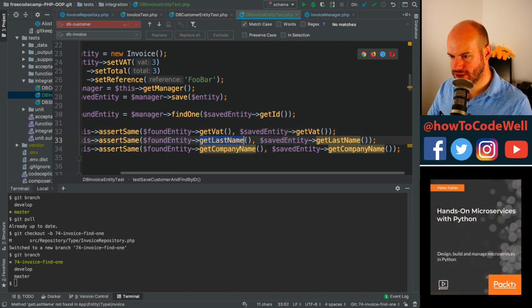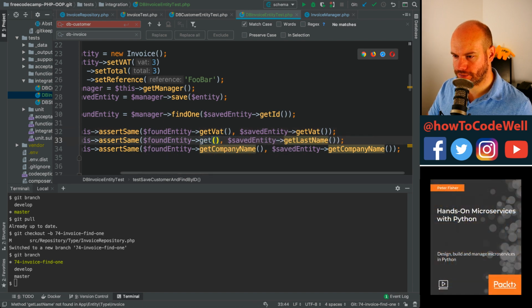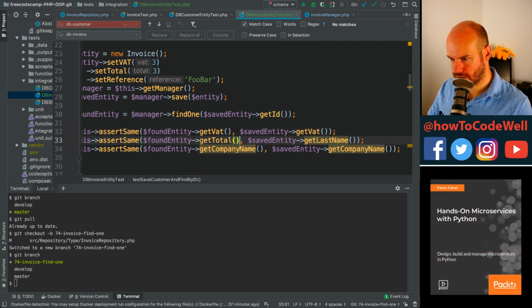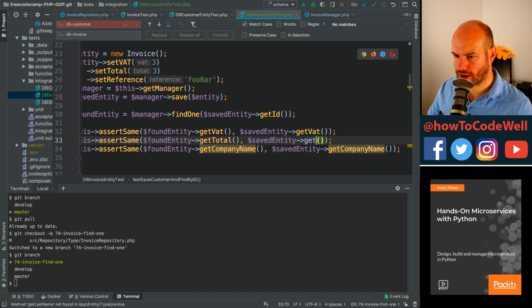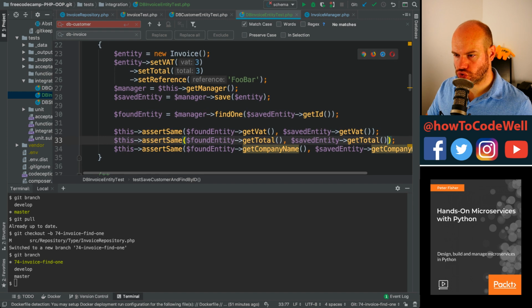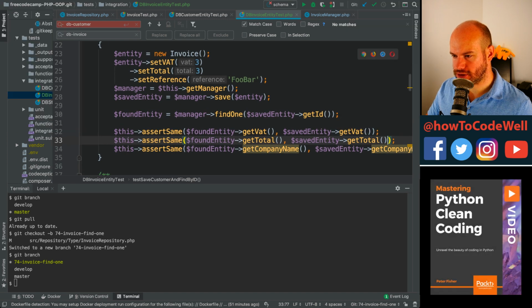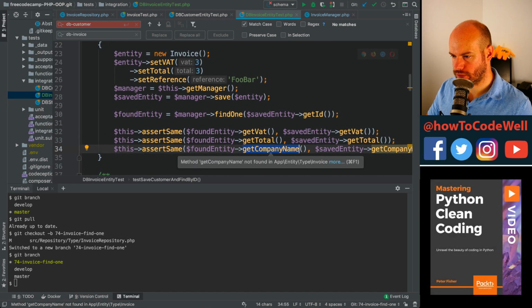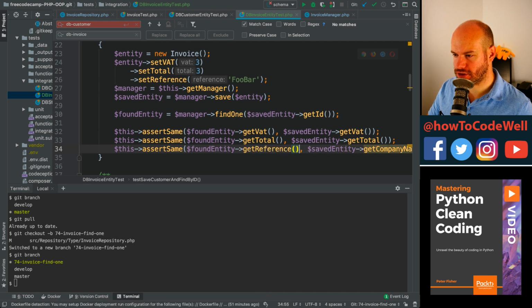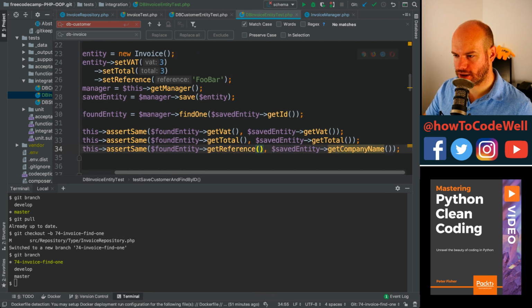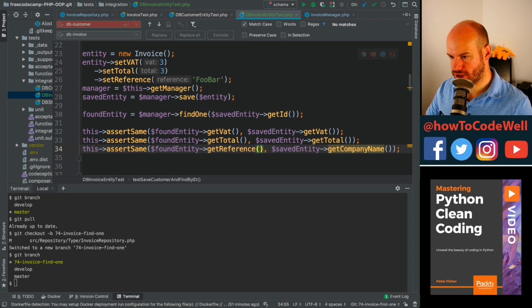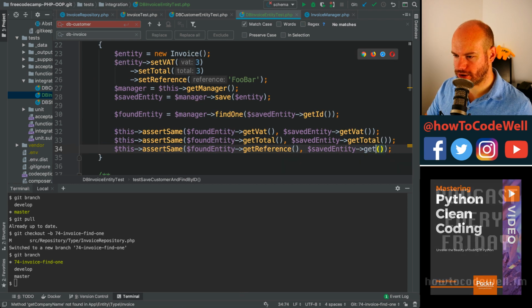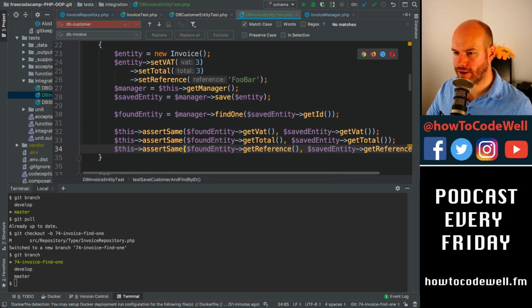And then this is get total. Oh yeah, get reference. It does. Yeah. I really should just compare the objects rather than just compare every little minute thing in there. But anyway,